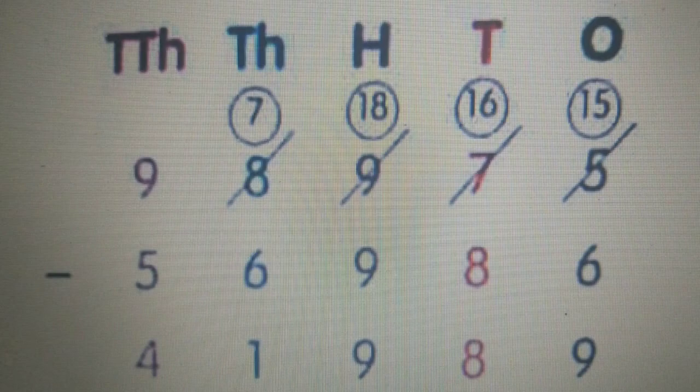Moving on to the next number, again 6 is written over here and 8 is there, so you cannot subtract 8 from 6. You again borrow a digit from the hundred place so that it becomes 16. Now subtract 8 from 16 and you will get the difference as 8. Moving on to the hundreds column, you will find that 8 is written over 9. Again you cannot subtract 9 from 8, so you borrow from the nearby thousand place and your number has become 18 now. So you can subtract 9 from 18 and you will get the hundred place digit as 9.